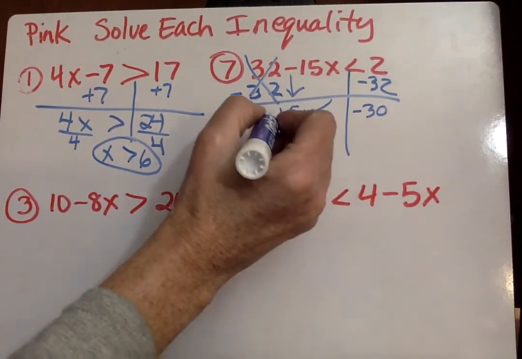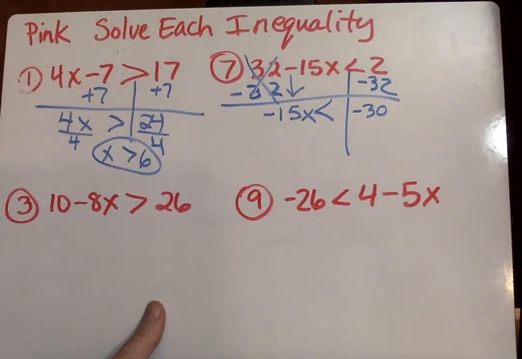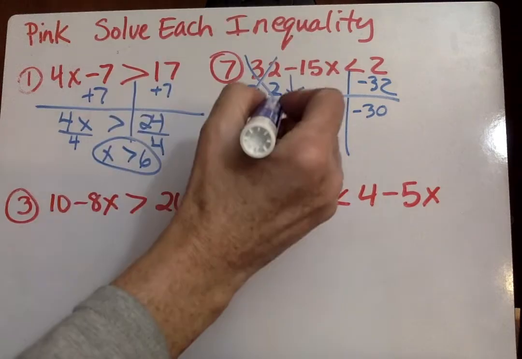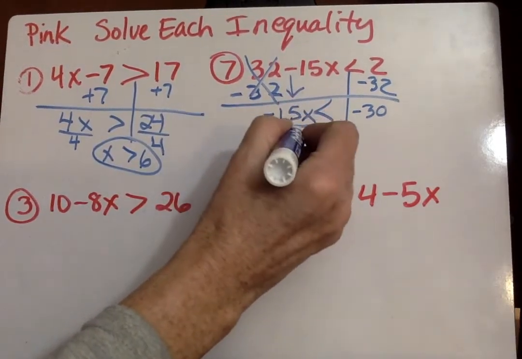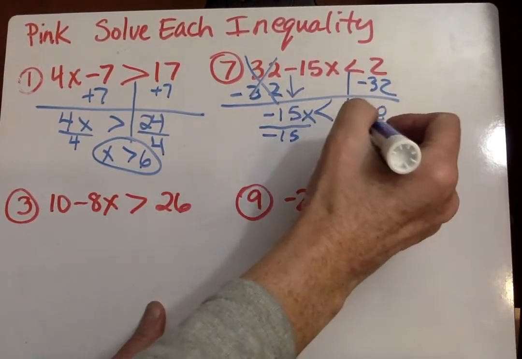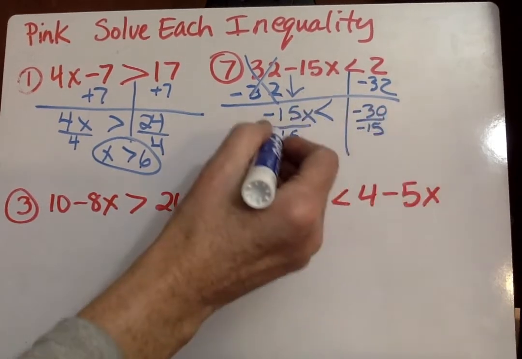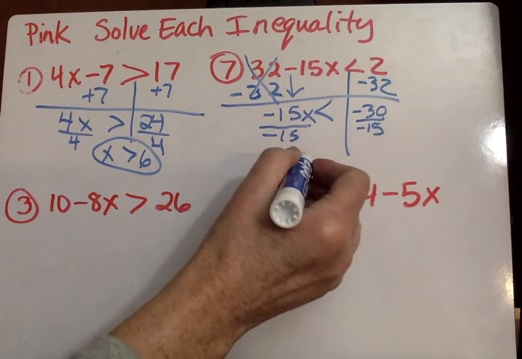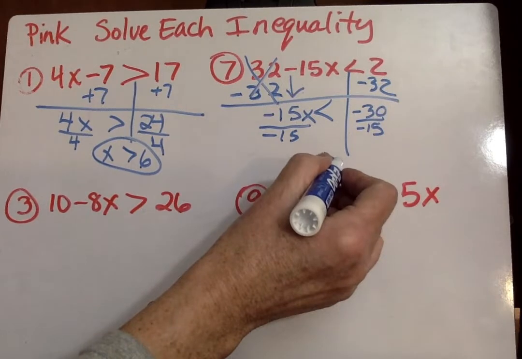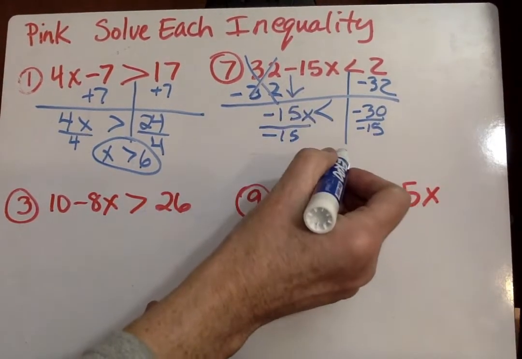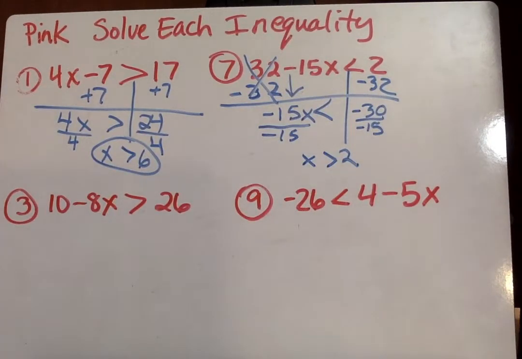Now to get x by itself, that is not subtraction. It's actually negative 15 times x. So we have to divide by negative 15. Divide by negative 15. Now when you divide by a negative, you switch the sign. So we have x is greater than 2. Okay? So number 7,